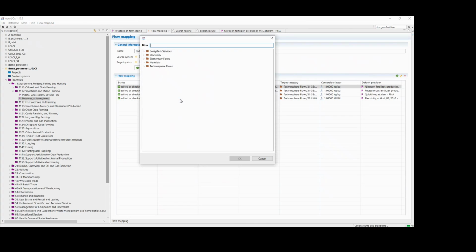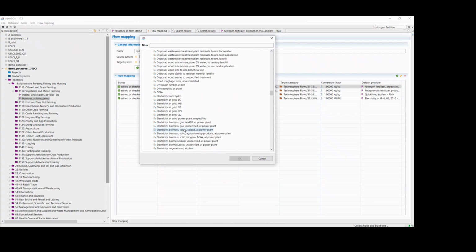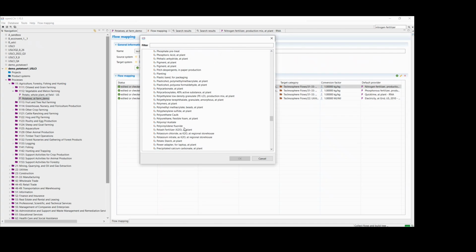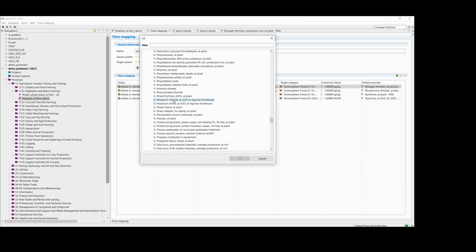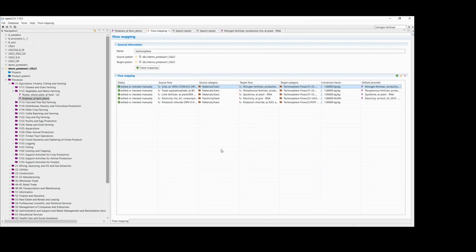So I'll go ahead and find that. So we'll go to Technosphere flows, cutoff, scroll down to potassium and potassium chloride. There's no provider since it is a cutoff flow, and then the conversion's the same.